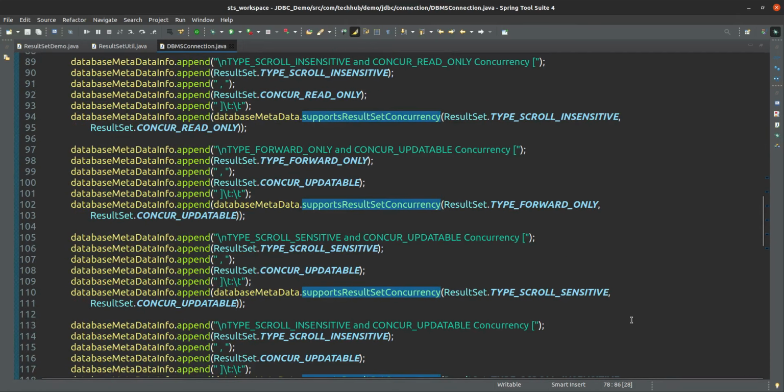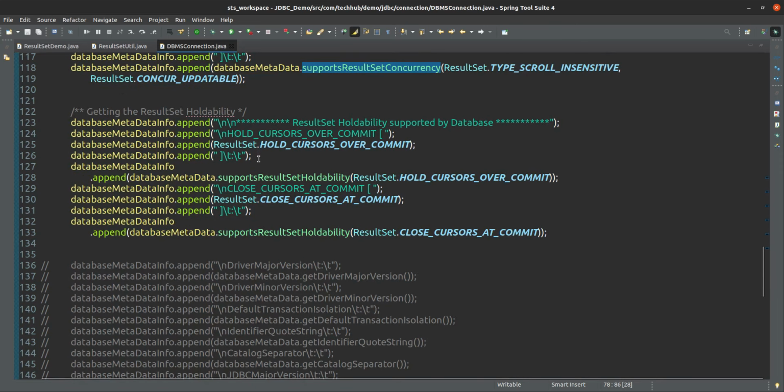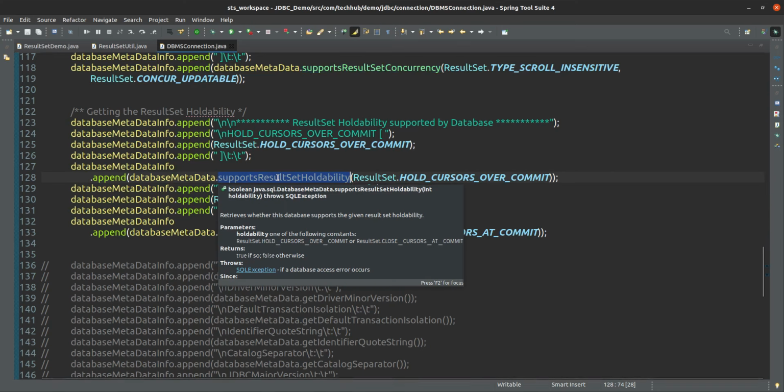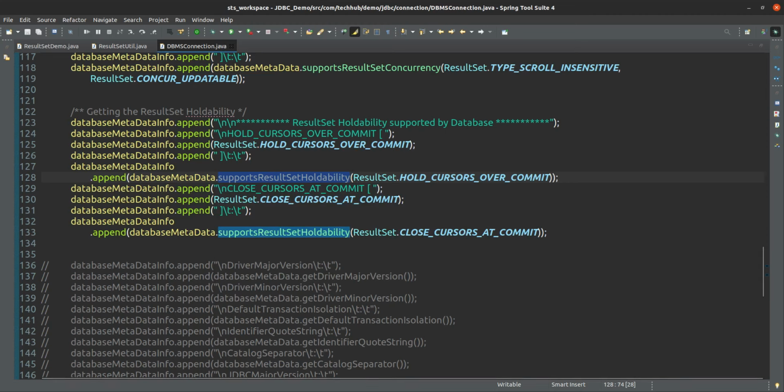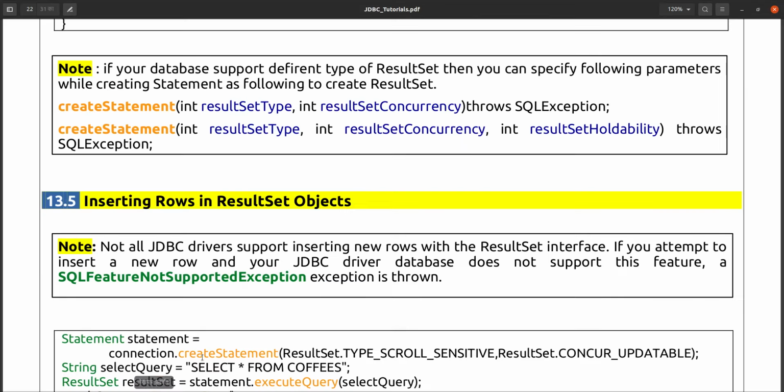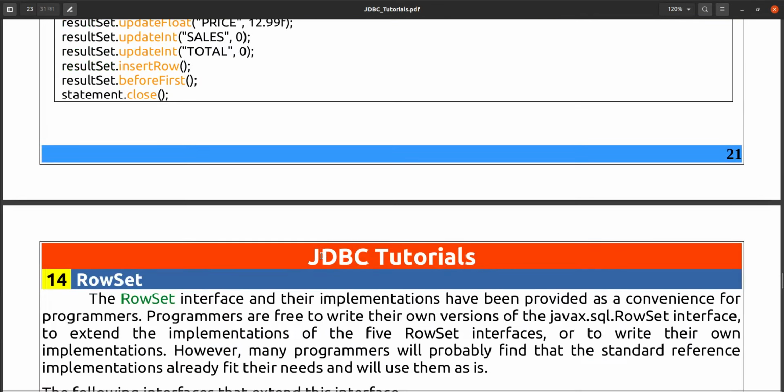Using this one, you can find out whether the particular concurrency type of result set is supported by your database or driver. Or you can get the details of what type of holdability your database or your driver is supporting. So this is about the result set.